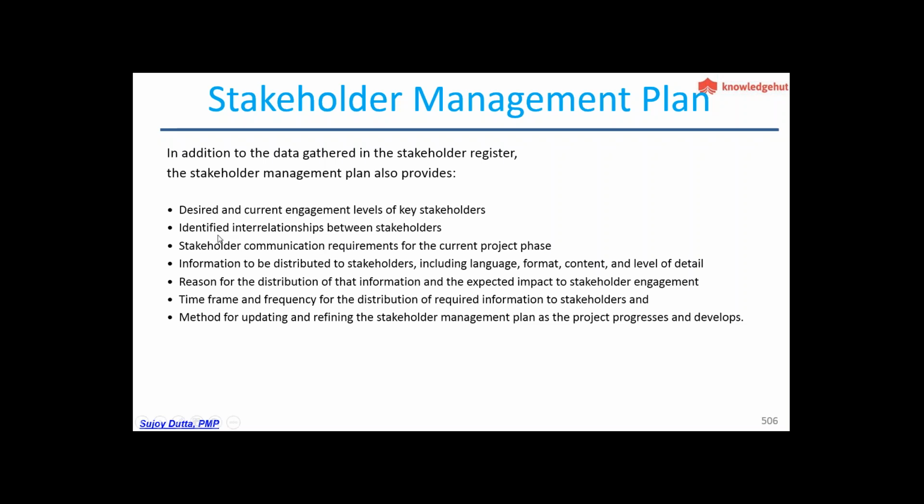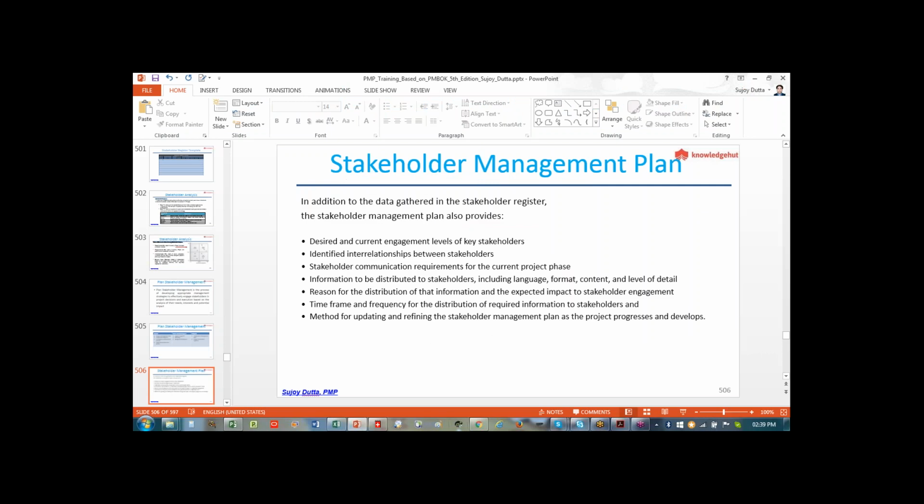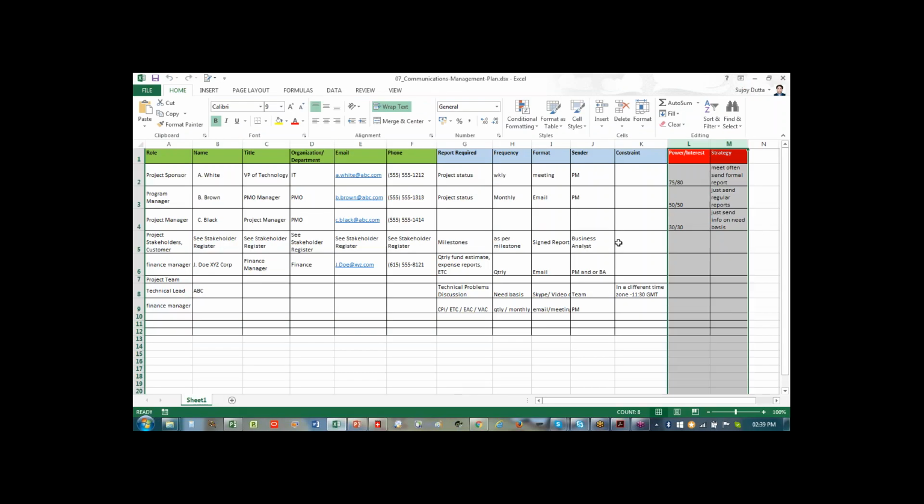Then, what are the identified interrelationships between stakeholders? And then stakeholder communication requirements for the current project phase. Then information to be distributed to stakeholders, including the language, format, content, and level of detail. That includes a face-to-face meeting. Now, if you look at this stakeholder management plan, at this column,